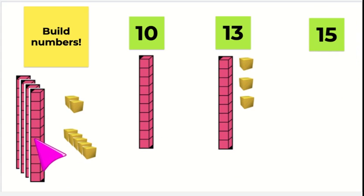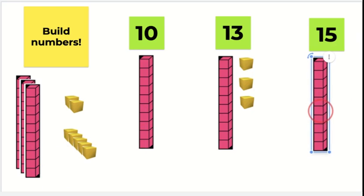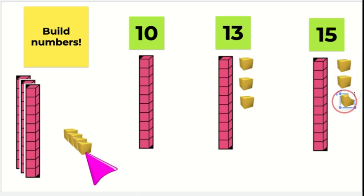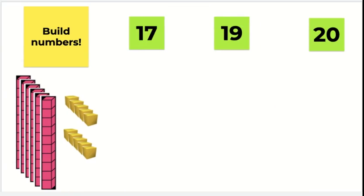Let's try 15 next. Can I use a 10 stick for 15? Sure can, because 15 is bigger than 10. 10, 11, 12, 13, 14, and 15. So 15 is 10 plus 5 ones. 15. Great work. We have one more slide to do, and these ones are going to be tricky because they're a little bit bigger than our other examples were,